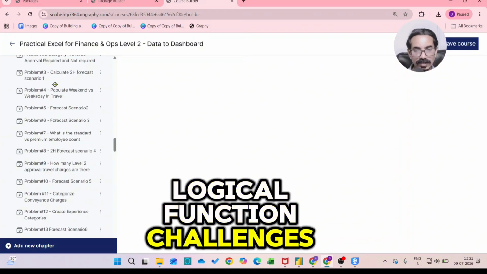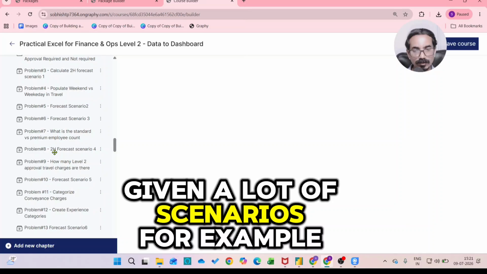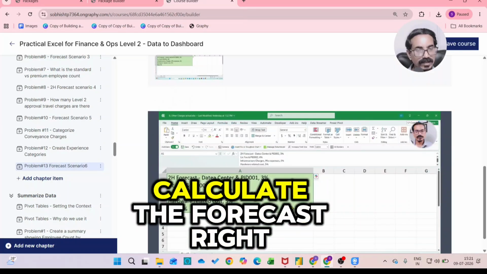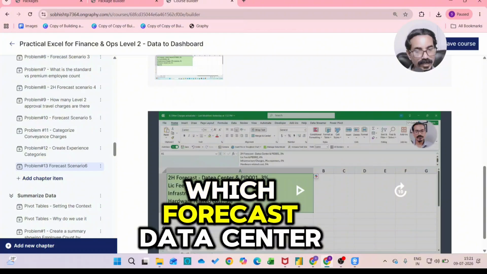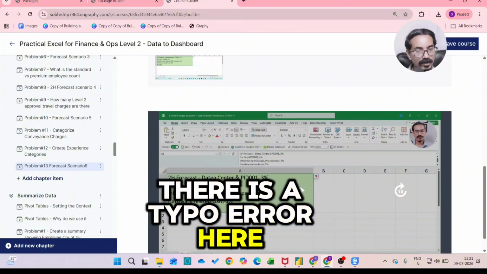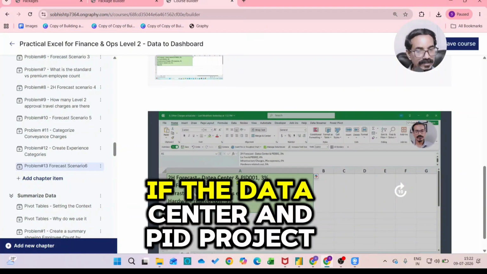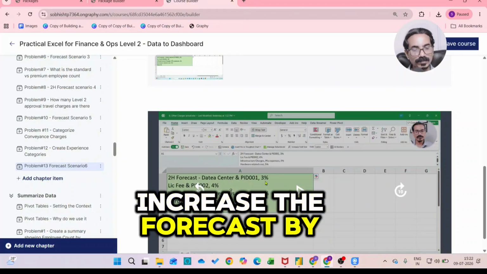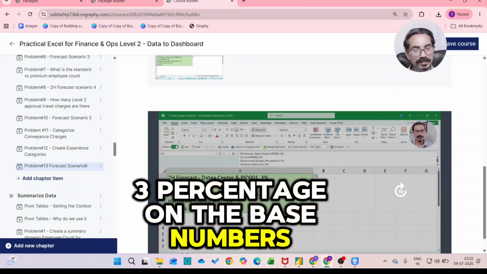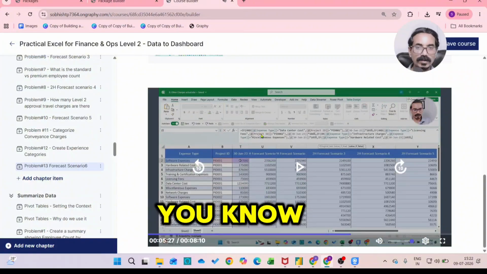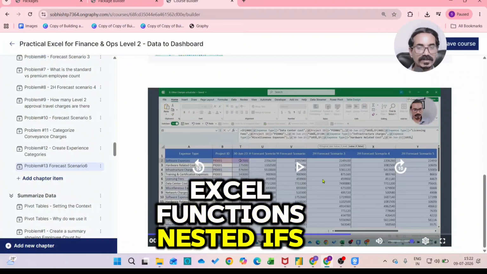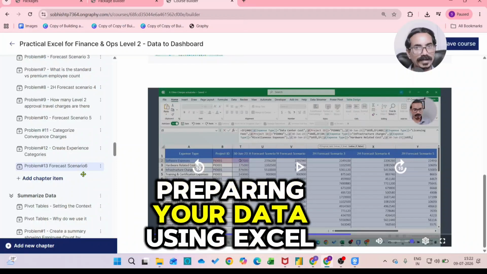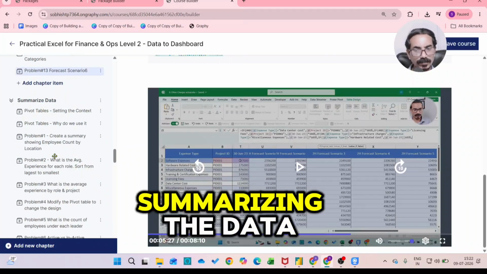In the logical function challenges, you will be given a lot of scenarios. For example, in scenario 6, you will be asked to calculate the forecast. You will be asked to build a forecast: if the data sender and project ID is PID 001, increase the forecast by 3% on the base numbers. So there are multiple scenarios, using Excel functions and nested IFs with AND and OR to solve these problems. You'll become really good at preparing your data using Excel functions, and then you'll start learning summarizing the data